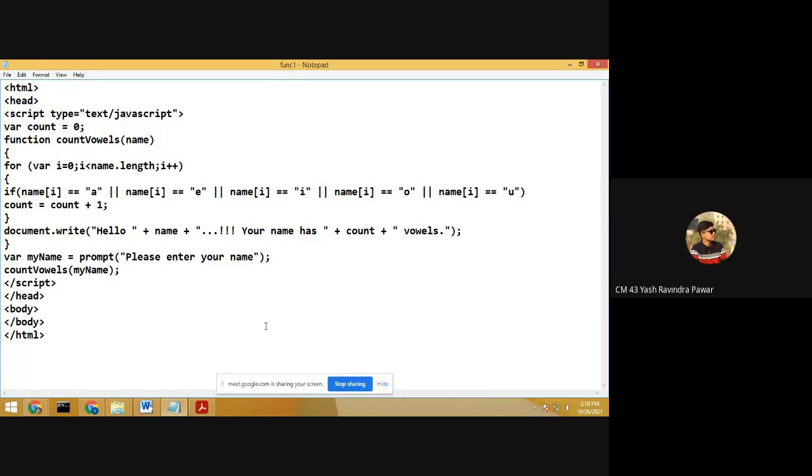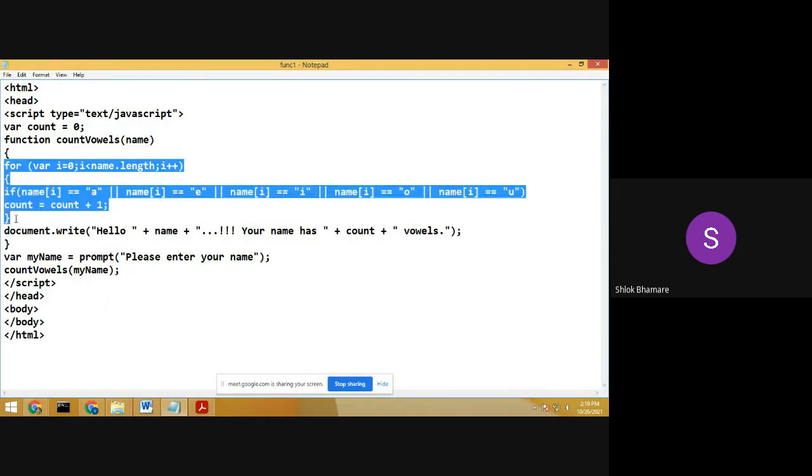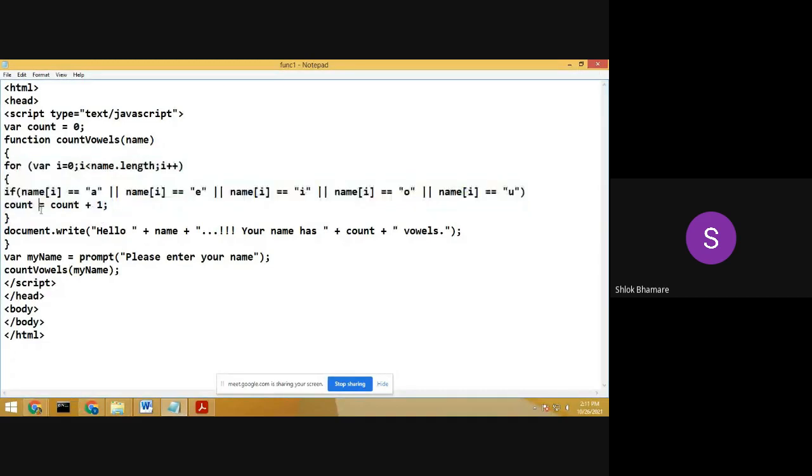Now, see, we will run this program for vowels. First is variable myName is equal to prompt, please enter your name. Then we will give a call to the countVowel function. We will pass the name here as an argument. Now from here, control will jump to this statement. Whatever is the value of myName, it will get copied into name. Then we will find the number of vowels in name. The number of times a vowel is found, the value of count is incremented. If in name there are 4 vowels, the value of count will increment 4 times.